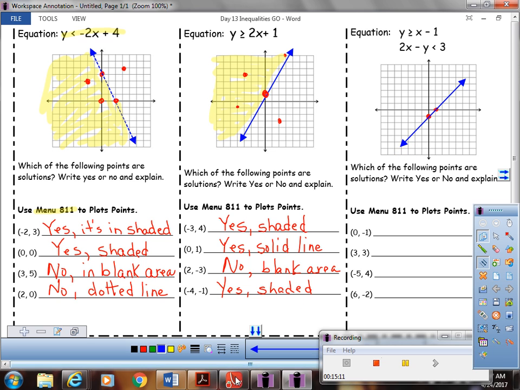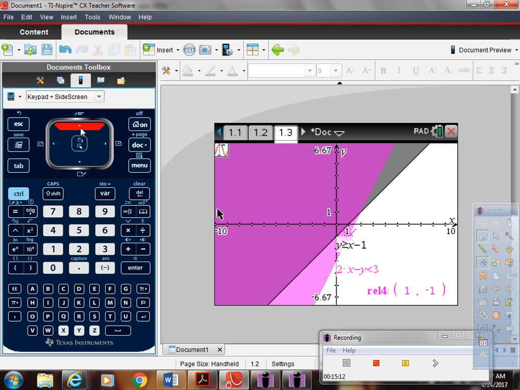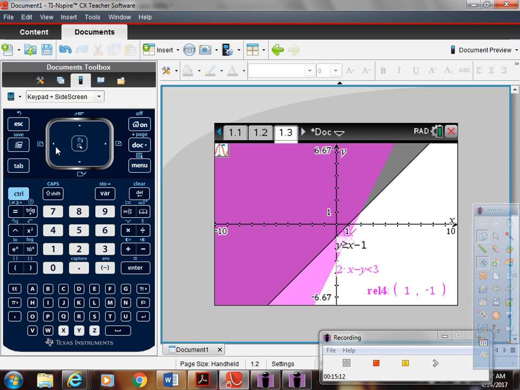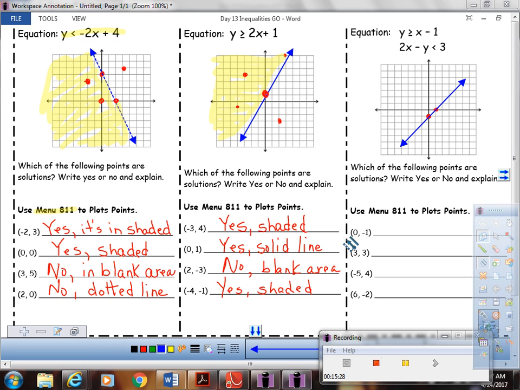And then we need to grab the other one. I'm going to jump to the other one. So you have to use the up or down arrows to jump to the other one. And then I'm going to, let's see, let's look for a point we can use. We can use 0, -3 for that one. So right here I'm going to plot 0, -3. And then let me find another one.